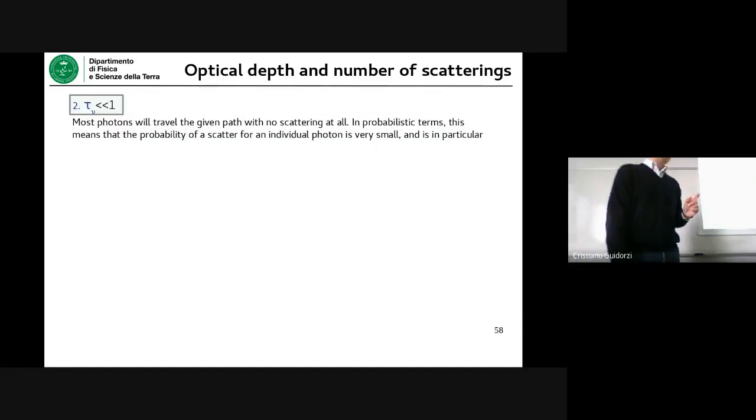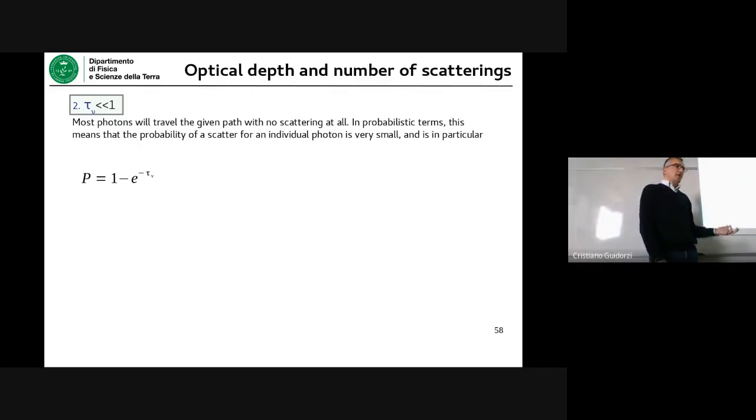Let's consider the opposite case. When the photon is traveling through a transparent medium, in that case, most of them will just go unscattered. They just make it out without being scattered even once. Why? If you remember, when we focused on the probabilistic interpretation of the optical depth, you remember